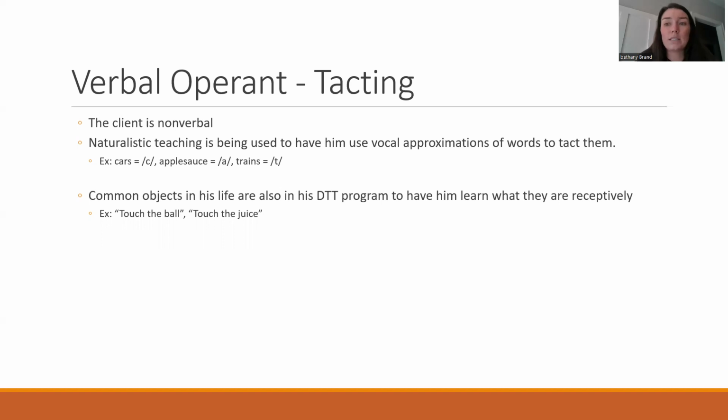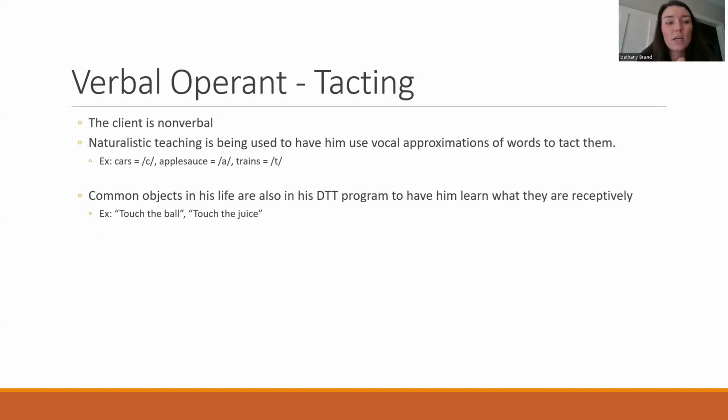So for cars, he says k, k. For applesauce, we have him say ah, ah. For trains, he says t, t, t. And then for juice, sometimes he has juice and sometimes he has water. So we just get him to say k for cup. Like I said, this is naturalistic, so it's just when he's engaging with these objects, we have him use these